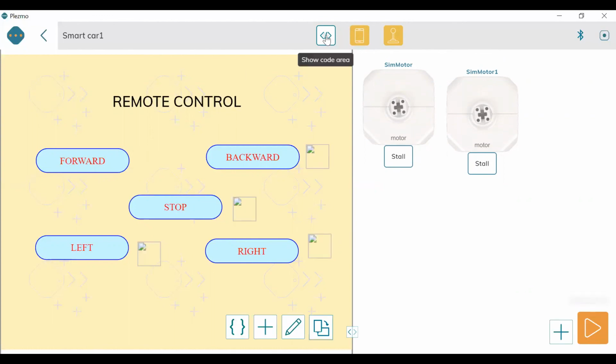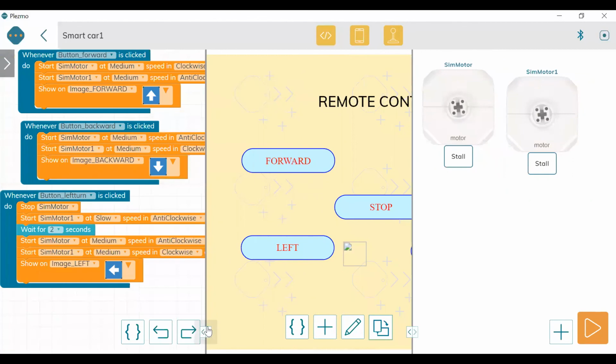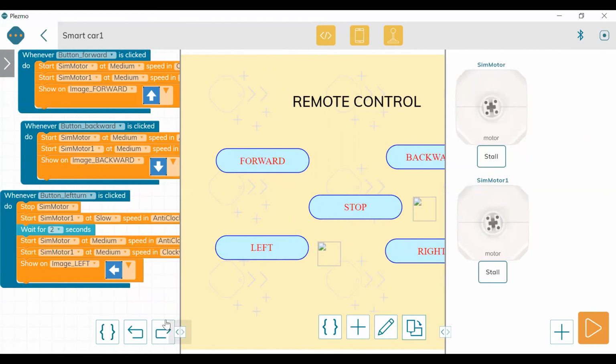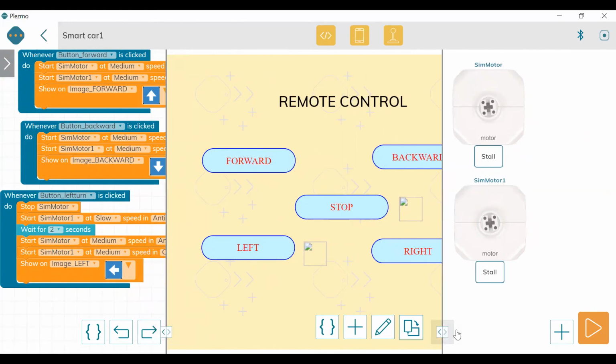Okay, let me go to the code area again to show you everything all together. So here, if you have taken the mobile, that is portrait mode, then all buttons would be visible. But here I'm using the laptop, so I have taken it. Otherwise, what I can do is I will drag this motor here to have a proper view. You can always adjust the screens according to your requirement. So our whole app is visible. App design is visible here.